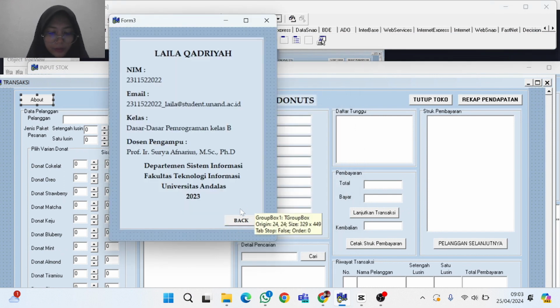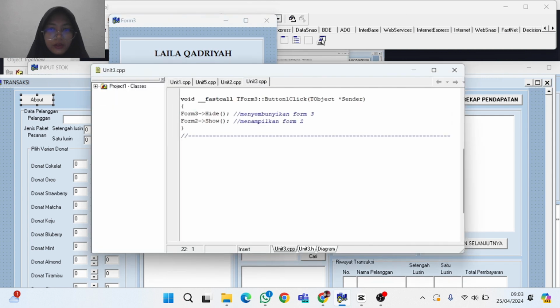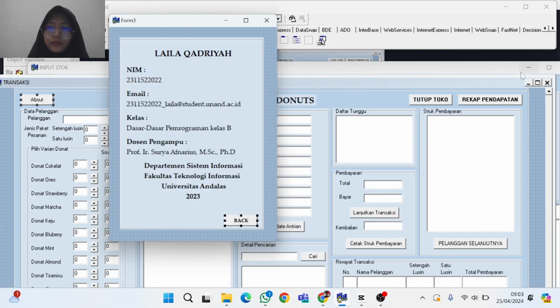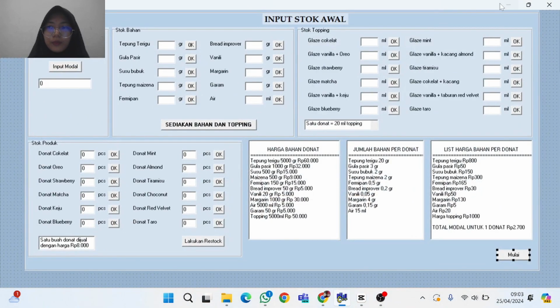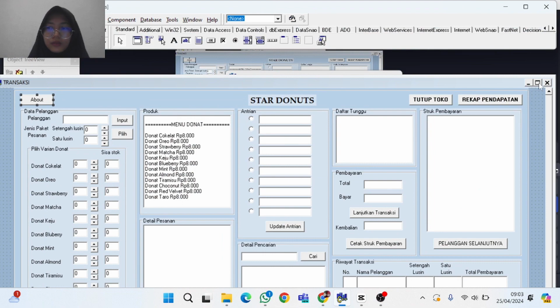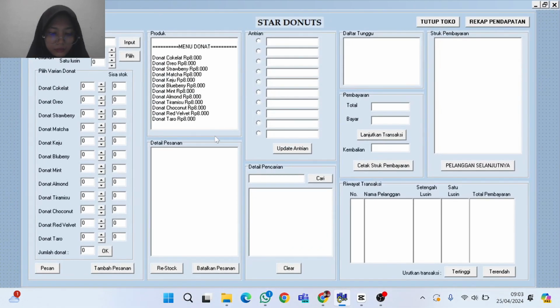There is a back button to hide form 3 and to show form 2. This is the button input.